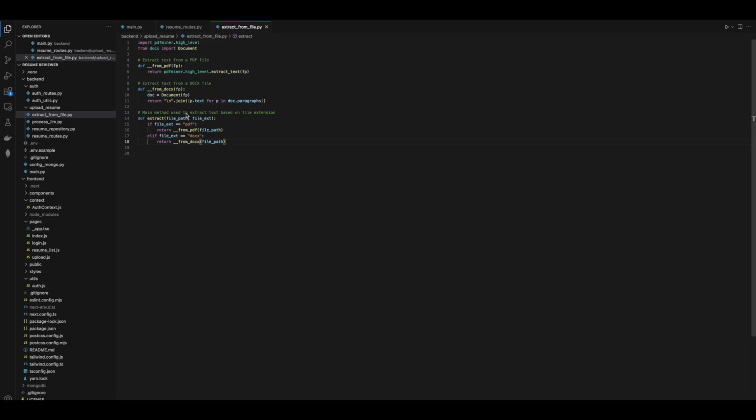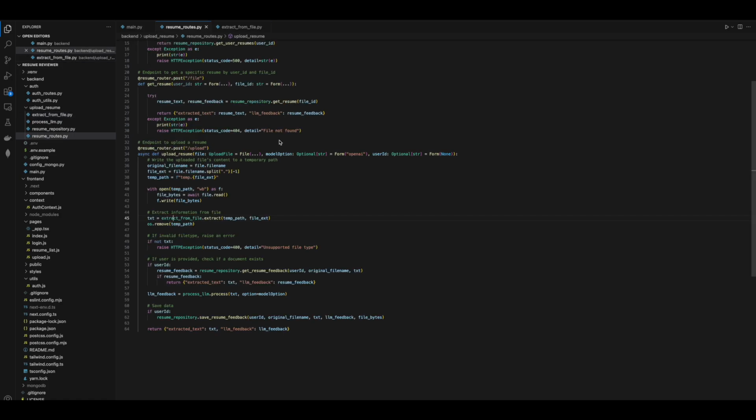So right now I have functionality to extract text from PDF file using PDF miner, and then extract text from like a Word doc with this logic here using the docx API. Okay, now going back to the resume, once I've extracted the text, I'm going to store it in this variable. I'll get rid of the temp file. I'll handle the errors if this is not a supported file type, and I go into the actual LLM